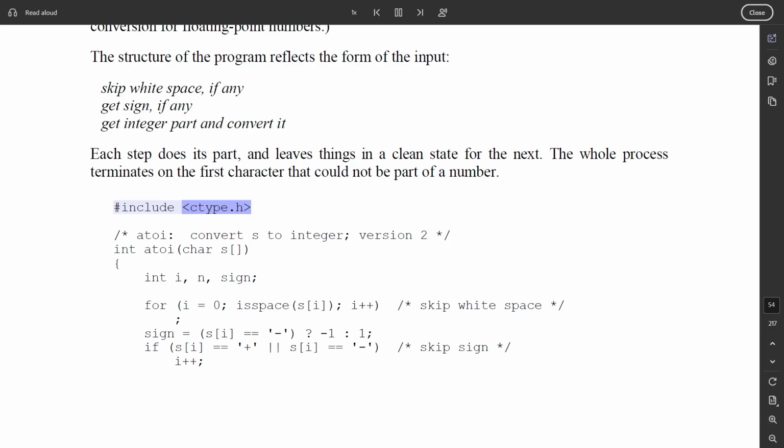#include <ctype.h> /* atoi: convert s to integer; version 2 */ int atoi(char s[]) { int i, n, sign; for (i = 0; isspace(s[i]); i++) /* skip white space */ ; sign = (s[i] == '-') ? -1 : 1; if (s[i] == '+' || s[i] == '-') /* skip sign */ i++;